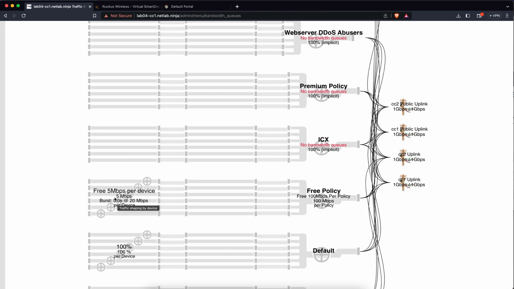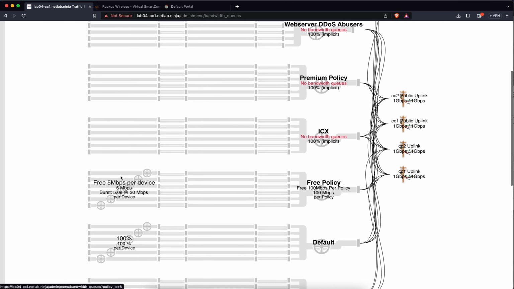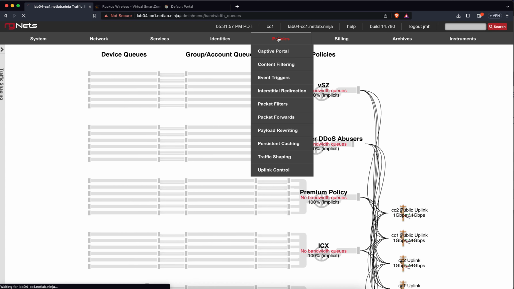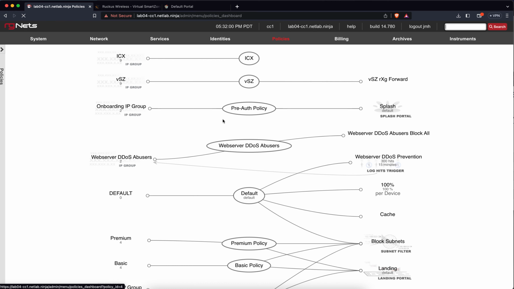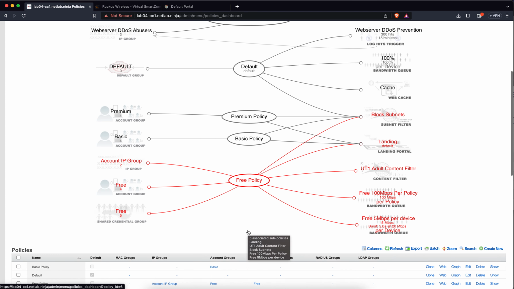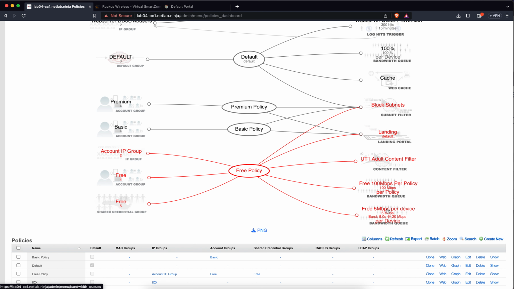And then here we have this at the device level, right? Device level, we have 5 megabits per device. So what that means is, let me click back on this policies dashboard. So if I'm looking at the free policy, I've got 2 bandwidth queues here. So this 5 megabit per second is per device, right? So each device can get up to 5 megabits, but because we have this 100 megabits per policy bandwidth queue,